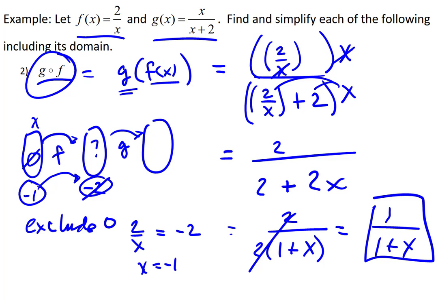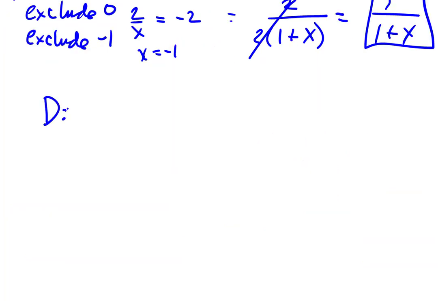So that means we must exclude negative 1 as well. So not only exclude 0, we also must exclude negative 1. Therefore, we'll summarize our domain as the following. We want everything except 0 and negative 1, so we'll say from negative infinity to negative 1, union, hop right